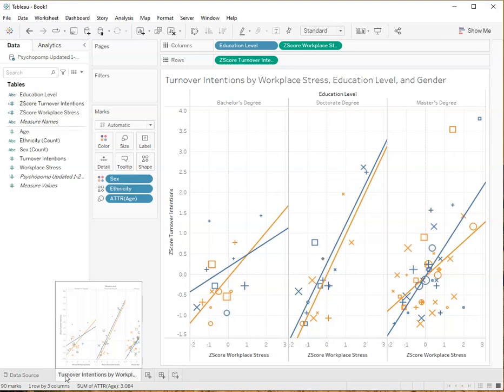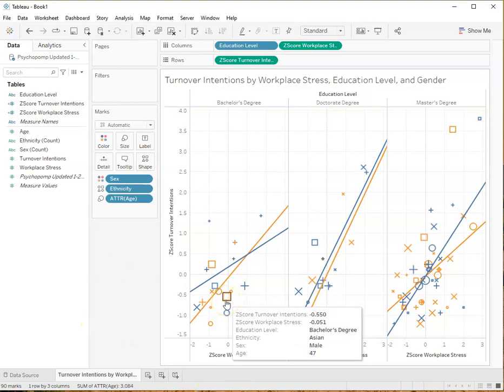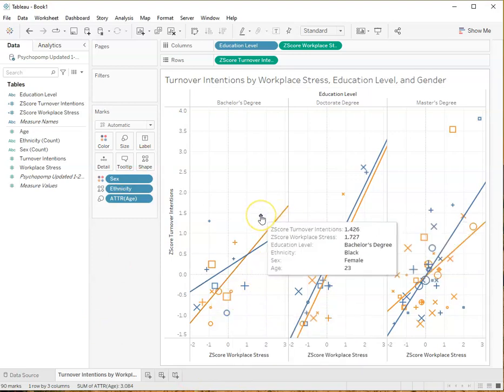Turnover. Okay, so there's my title. I think that is a little bit better. Can I center this? Anyway. Okay, so now I want to make a tooltip, so that when I hover over any data point, it gives me what the score is and what the variables are on here, but I actually want it